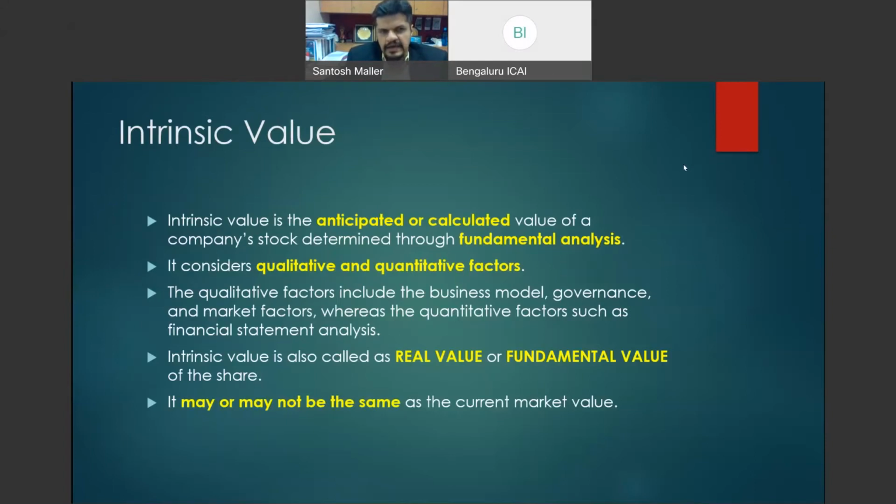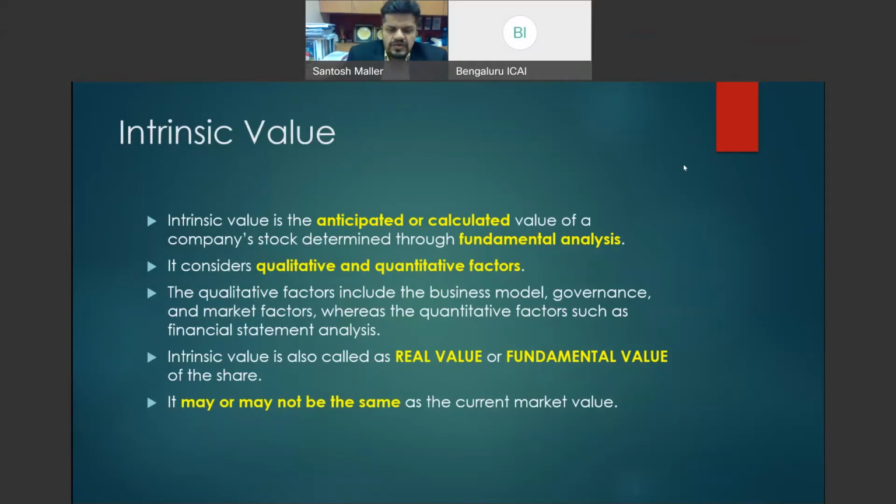The software qualities within the cars today, the passenger vehicles today, would have significant bearing on how much demand you can generate for your products, and therefore your future cash flows and operating profits, etc. So the qualitative factors do have a significant bearing on the quantitative factors underlying the valuation.